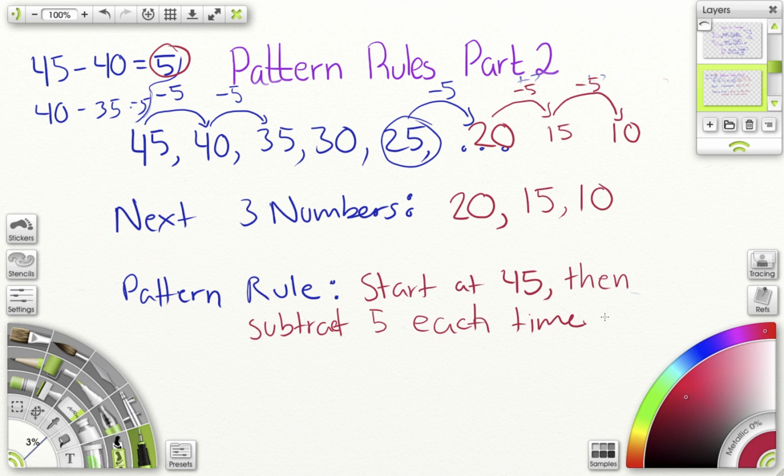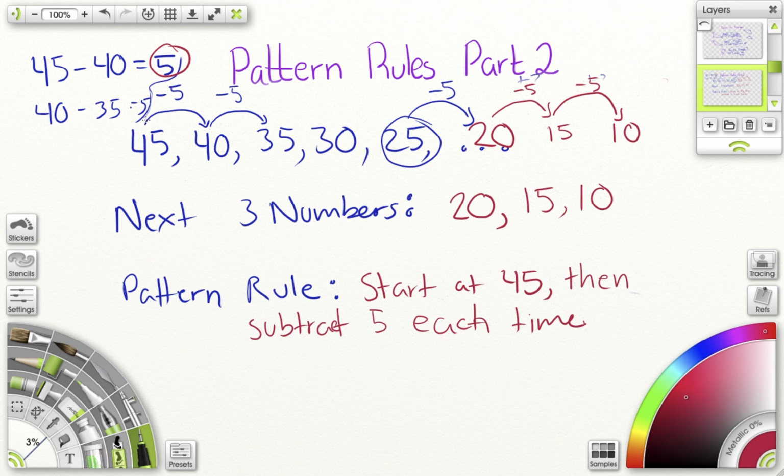So that is our pattern rules for today. It's not going to look the same. It doesn't have that chart. It's just going to be a row of numbers, and you need to figure out what the pattern rule is. You are going to have a sheet that will have a very similar look to this, where basically you have a string of numbers. It'll ask for the next 3 numbers or next 5 numbers in the pattern, and then write out what the pattern rule is. I think it's written as what can you tell me about the pattern, or